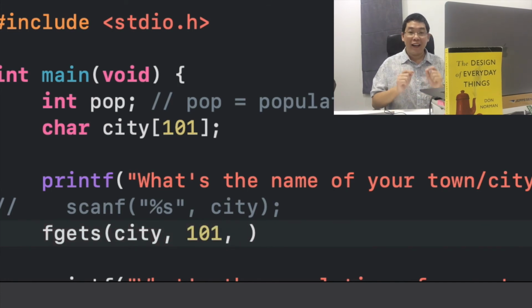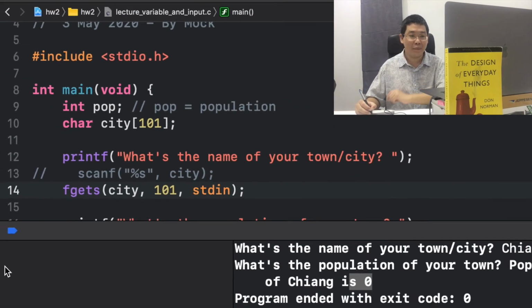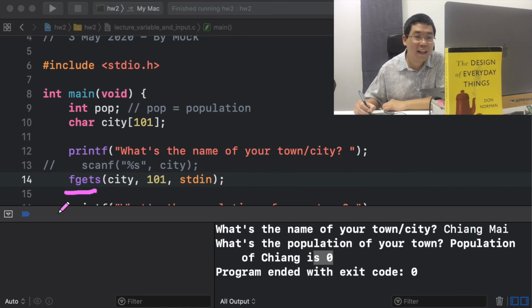And finally, I want to tell it which file I want it to read from. Of course, it is the keyboard, which is standard input, stdin. That's all. Let me just write it down for you one more time. fgets means file get string.